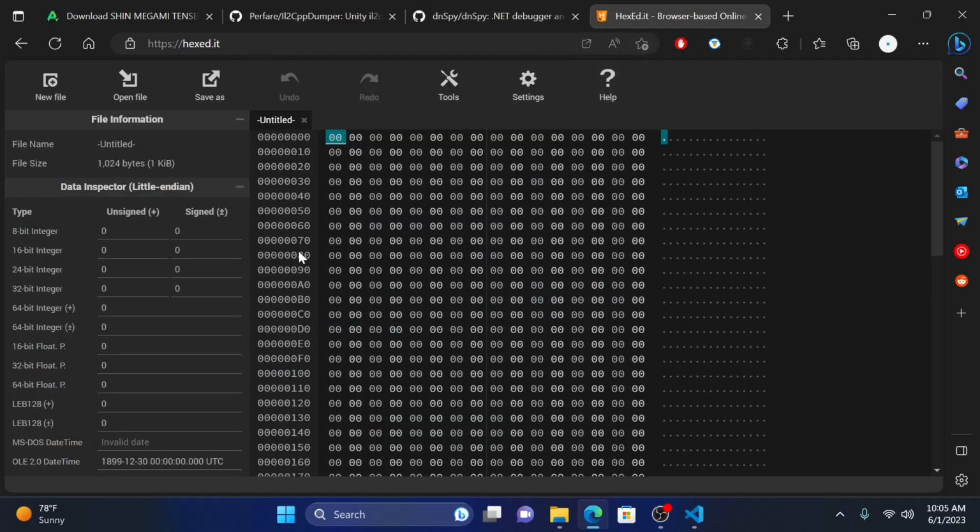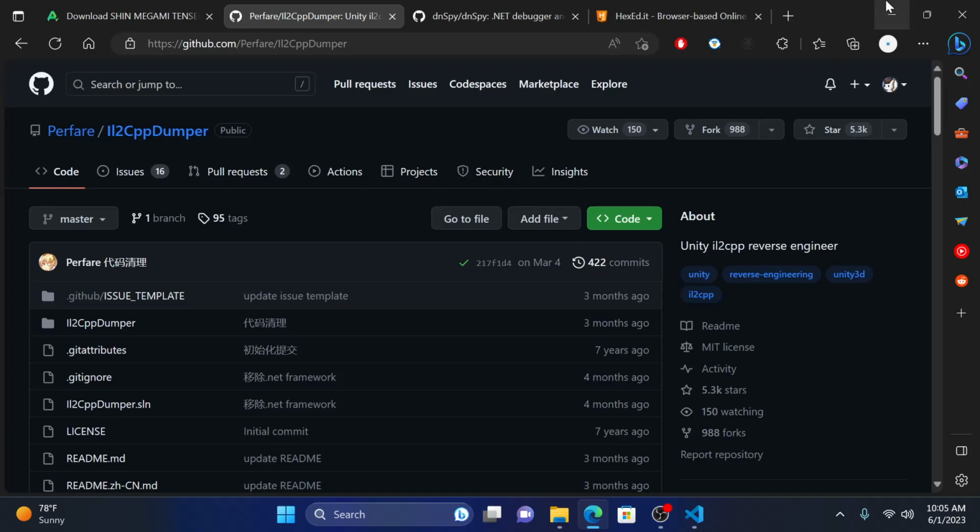I just use an online-based hex editor, hexed.it. You can use whatever hex editor you want or prefer. I'll leave a link to hexed.it in the description. But again, you can use whatever hex editor you want. In any case, without further ado,